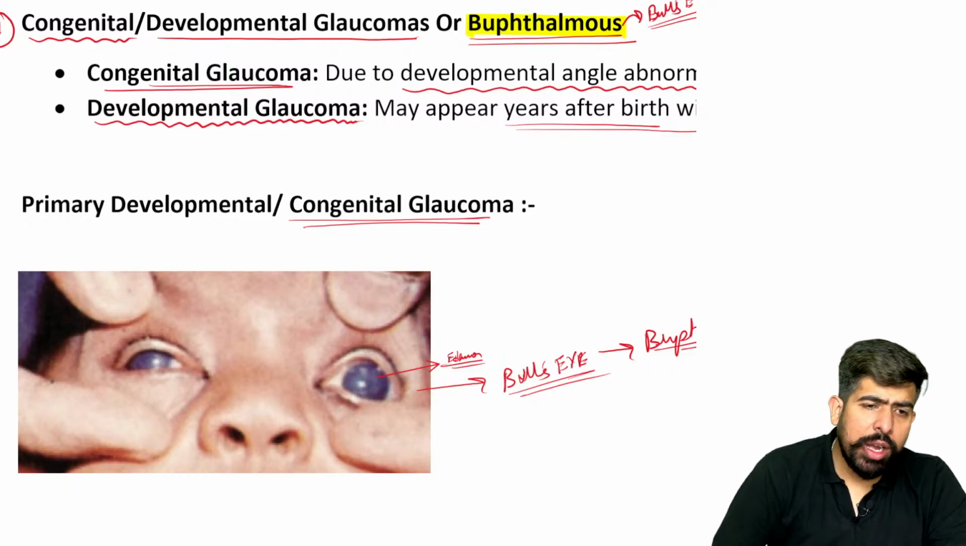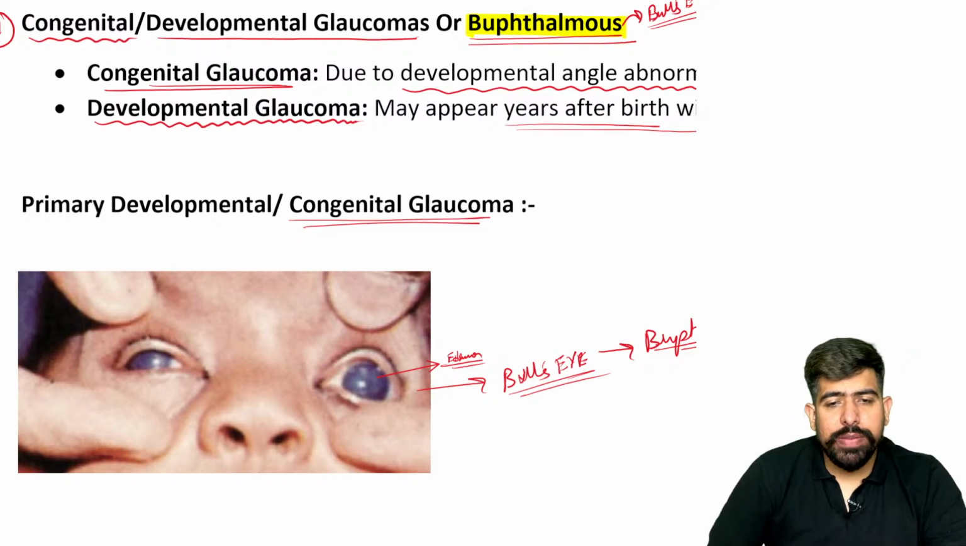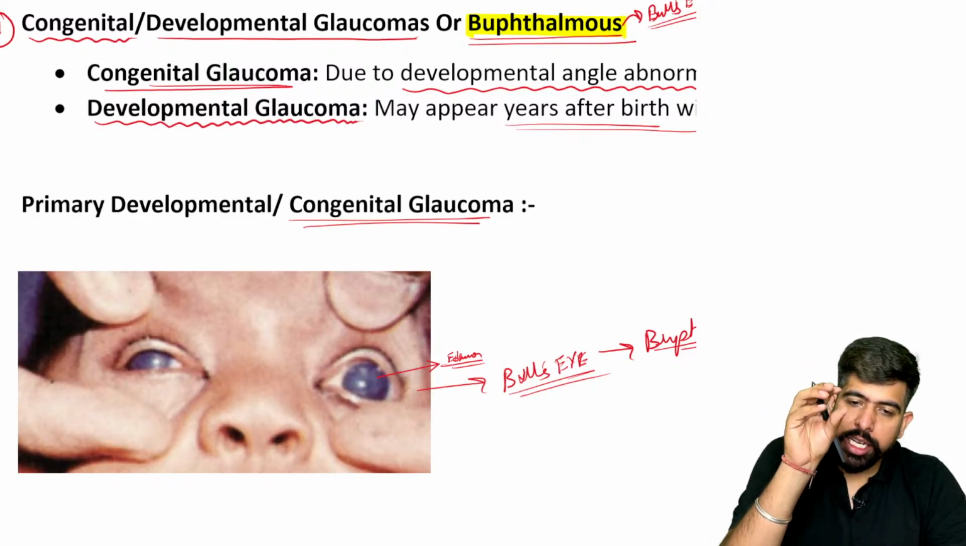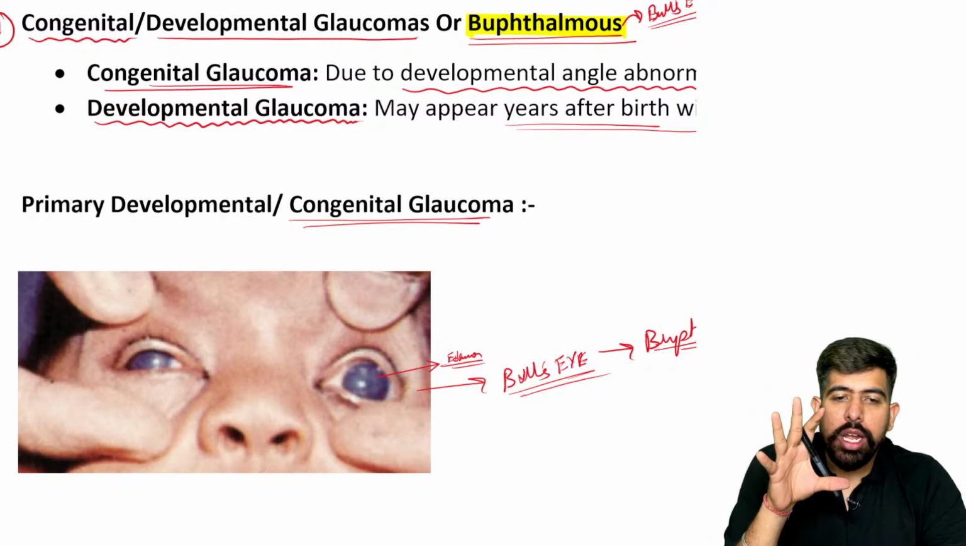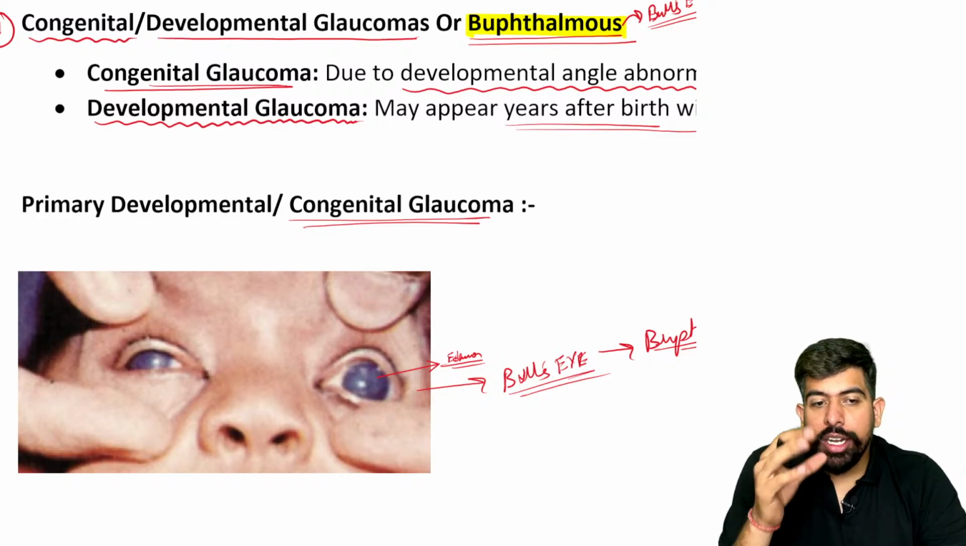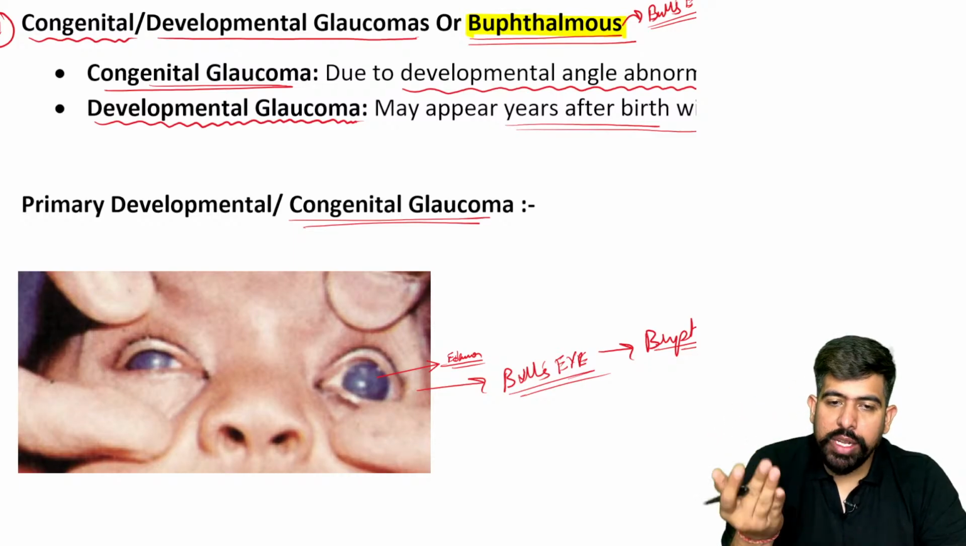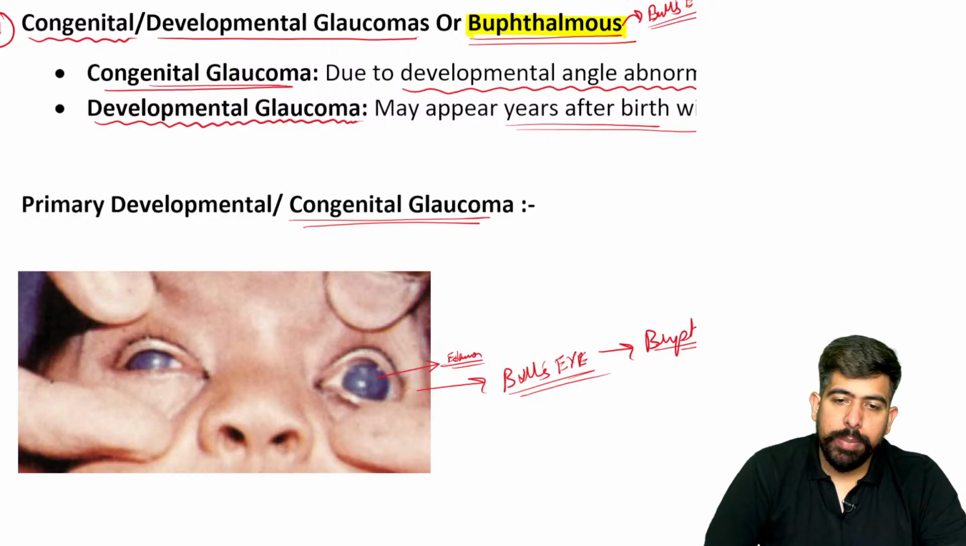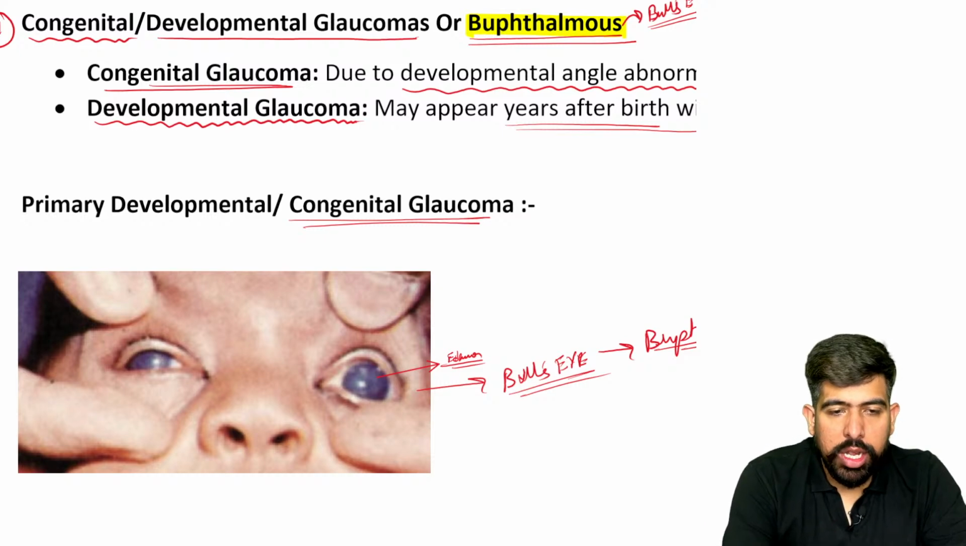Now, why is this buphthalmos? Because of the enlargement. Please remember, there will surely be an enlargement of the child's eye, and due to the edema, of course, the edema is also there. Both of these things will be present. Now, moving forward